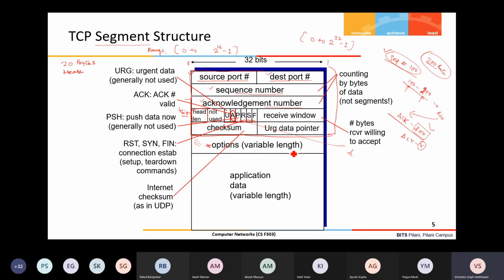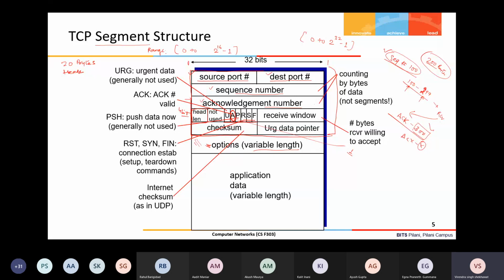Okay, option field. Now you may ask what is the use of that. There are certain operations, like nowadays for high bandwidth links, window scaling is used. I will discuss this later, but yes, window scaling is used.